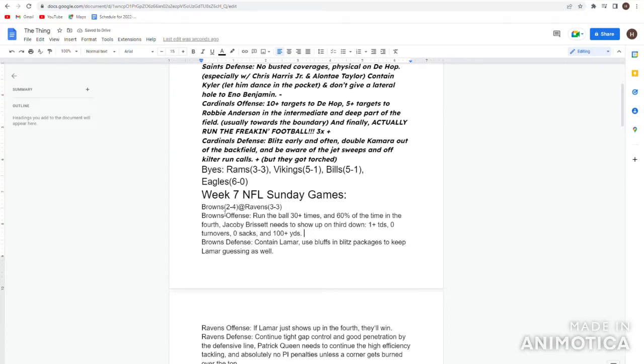Honestly, offensively, I'll actually give them a plus. I think they actually played pretty well. Really no complaints, but obviously in the red zone, they weren't great. I don't actually think they played that bad. But for this Browns defense, contain Lamar, they did that really well. They used bluffs and bit patches to keep Lamar guessing as well. Defensively, they did a good job as well, but I have to give them an underscore because, again, Gus Edwards